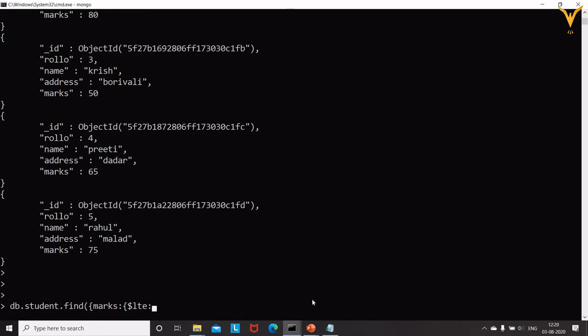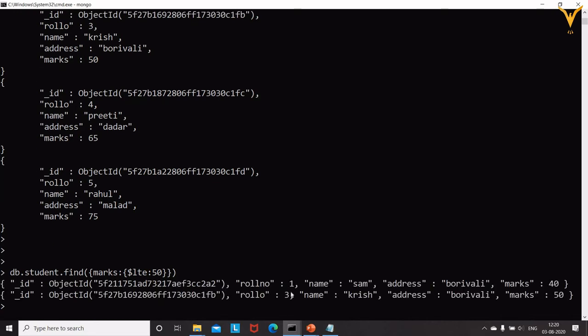It stands for less than equal to, and the value is 50, right? So close the bracket and press enter. As you can see, I'm getting two values, that is Sam and Krish, as we have used the operator less than equal to. Less than equal to means either it should be less than 50 or it can be equal to 50. So we have fetched the data from our collection.